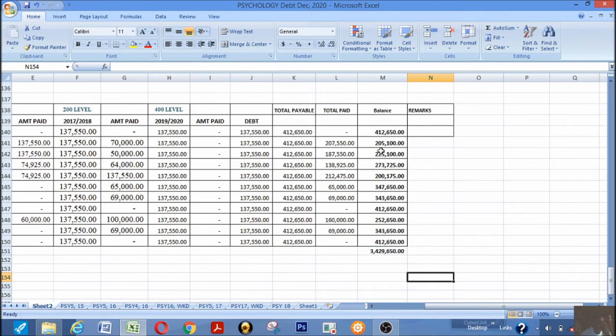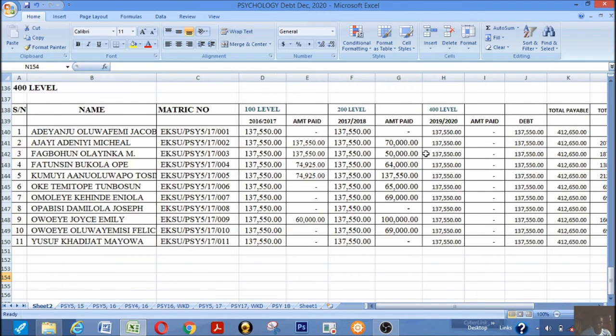For individual students, this is the amount of debt owing at the end of the third session. This is their third session.